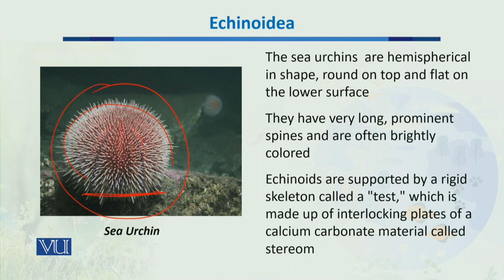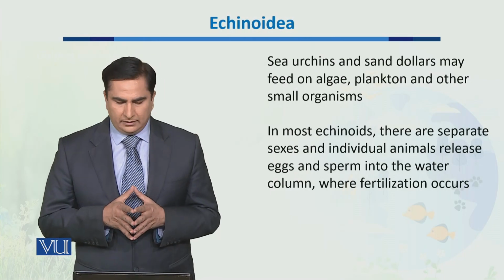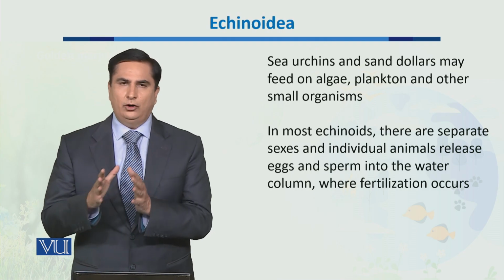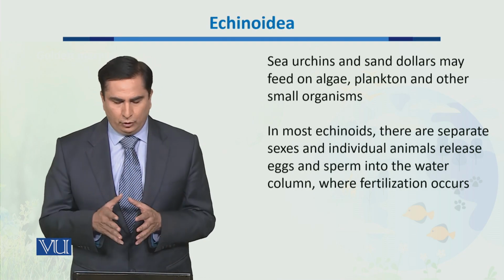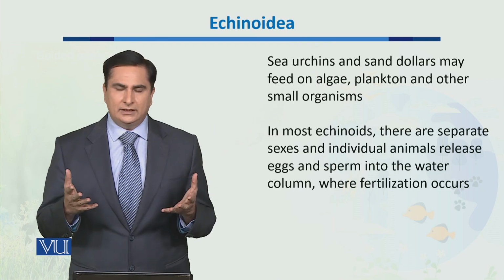They are supported by a very rigid skeleton, which has a large number of spines on it. This rigid skeleton is called the test, and it is made up of interlocking plates of calcium carbonate material, and this calcium carbonate material is also called stereom. Sea urchins and sand dollars normally feed on algae present in the oceans, and different planktons or